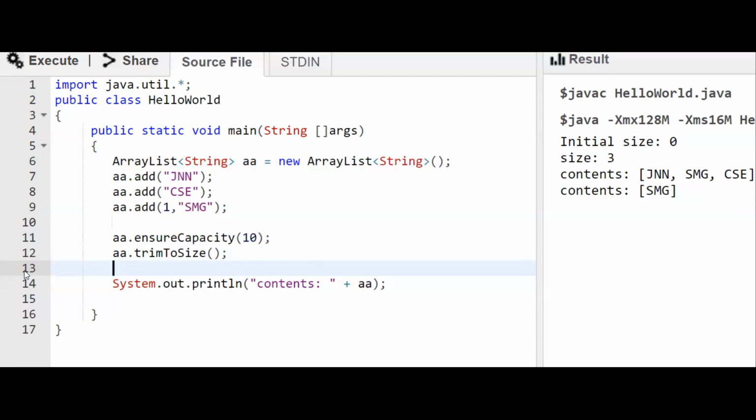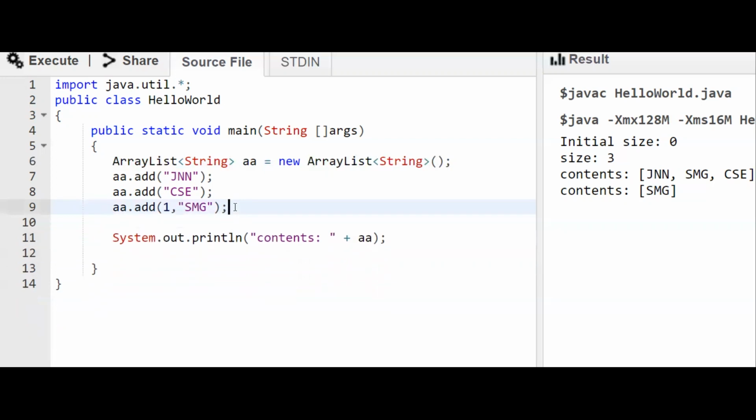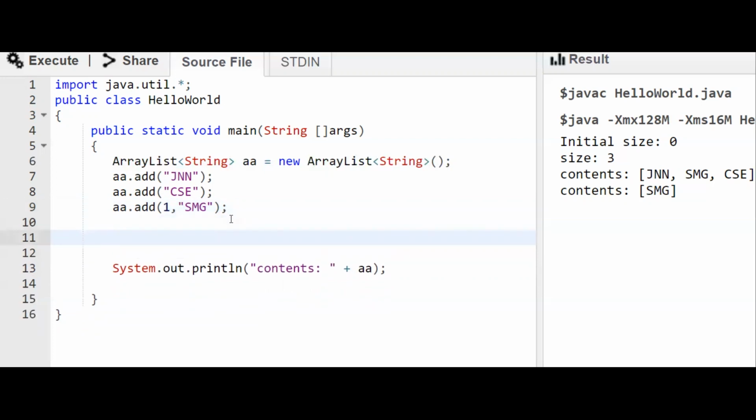There are two versions of toArray. One is we can convert it into an object array, or we can convert it into a specific array. So in the same example of the string, let us see how we can convert it into a string array. If you want to convert it into a string array, first we should declare a string array like this, string array str.